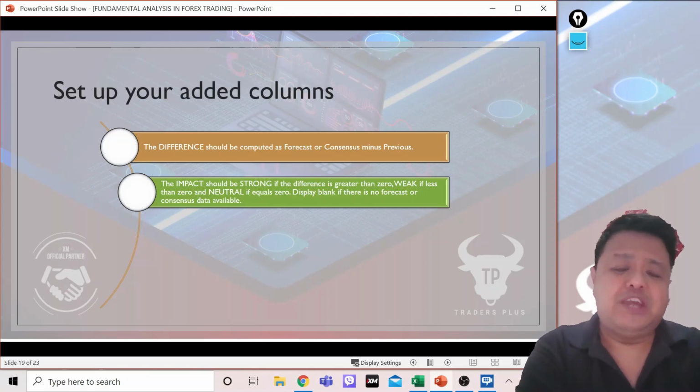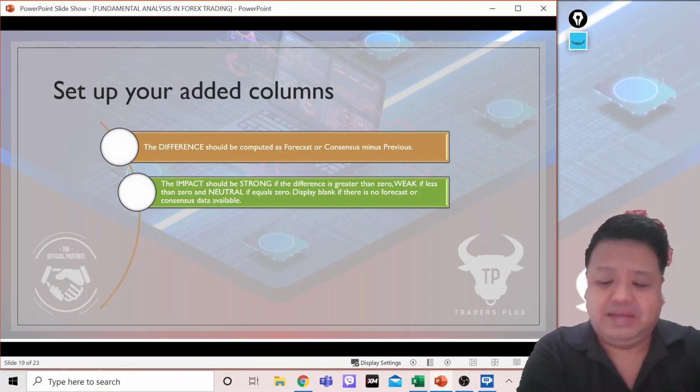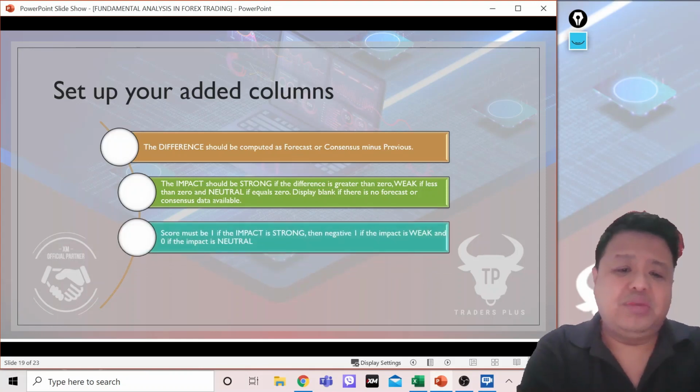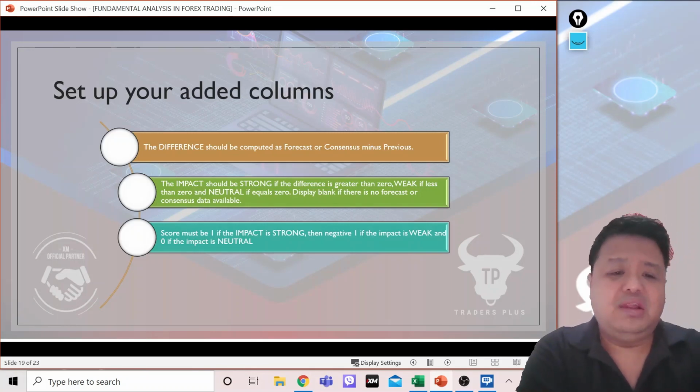Tapos, display mo na lang yung blank kung wala para hindi ka malito. Kasi 0 and blank are different. Okay? 0 means neutral, blank means no data. Then, lagyan mo rin ang score. Kung strong, positive 1. Pag weak, negative 1. And kung neutral, 0.